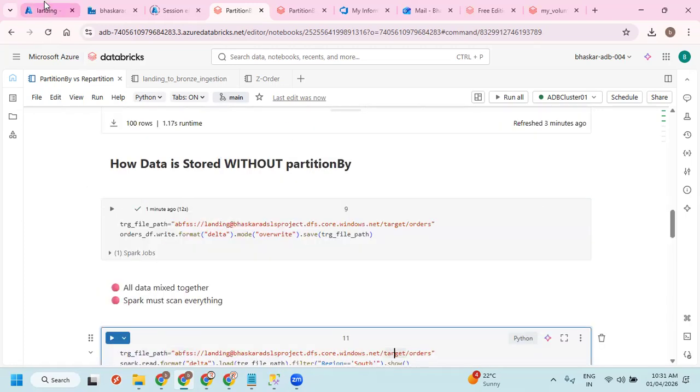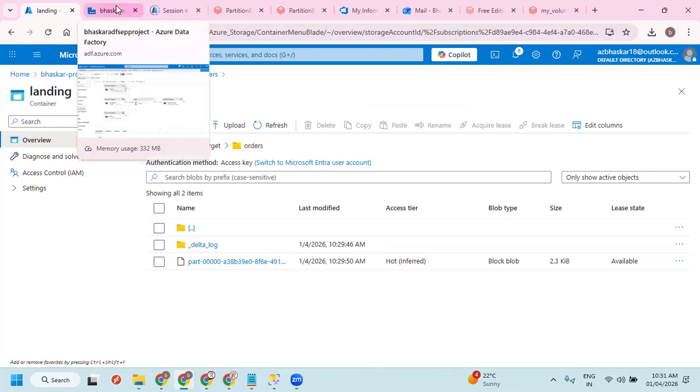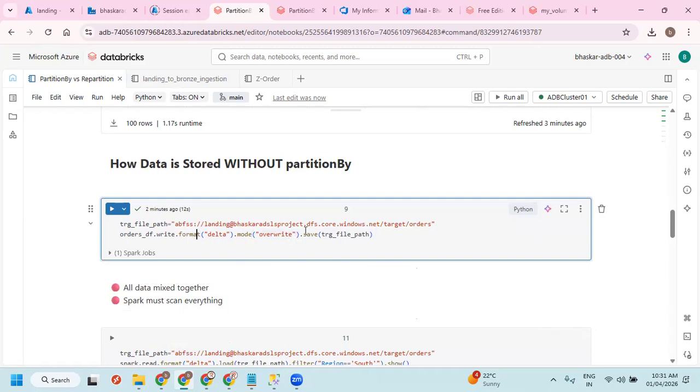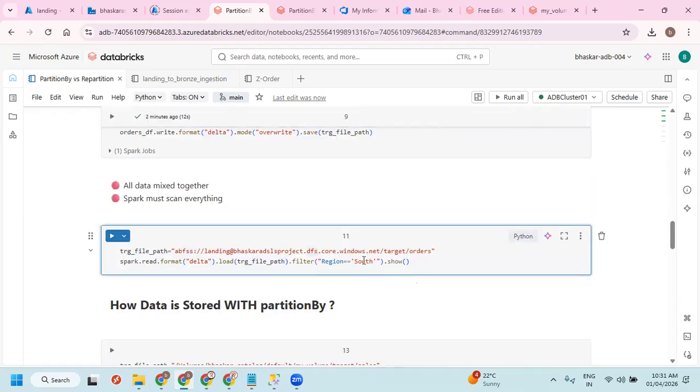Again, if you come here, you have one file. Now, if you apply partition, then how it is going to be, we'll see. Reading also I'm going to show you, when you read the data from this particular folder, how it is going to read, we are going to see that.